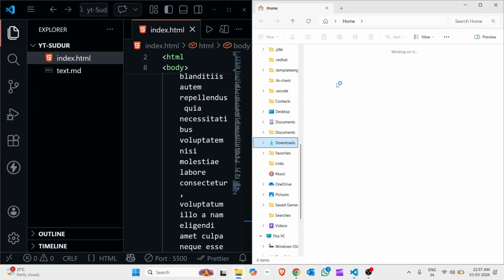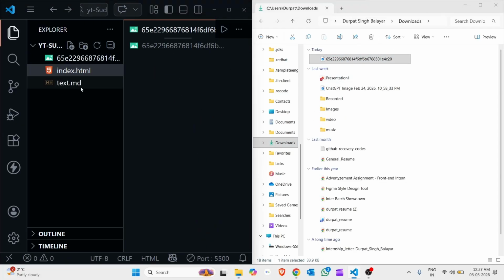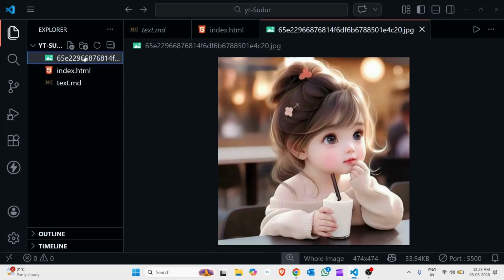Suppose I have kept my image in Downloads, this one is the image. You have to drag this into your main file. Then rename the file for your reference. Suppose I rename it as my image,